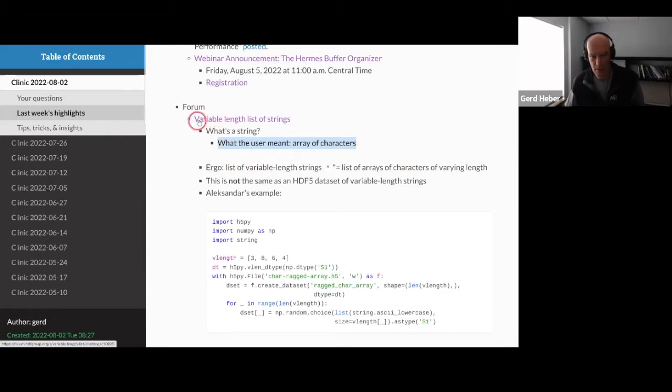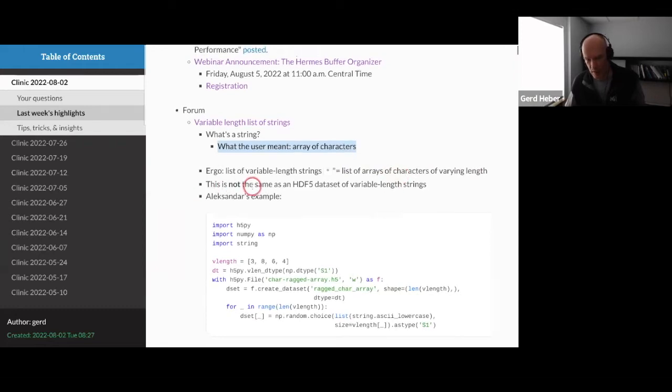So in his definition, a variable length list of strings is a list of varying length whose elements are arrays of characters. And of course, this is not the same as when in HDF5 you create a dataset whose element type is variable length string, because a variable length string in HDF5 is not a list or an array of characters.